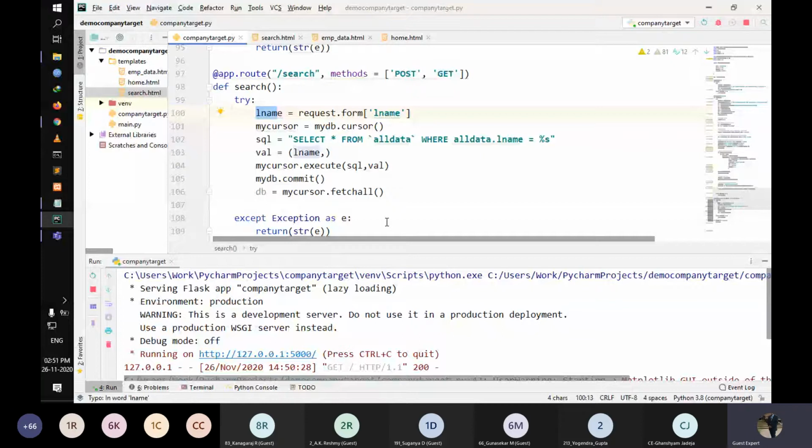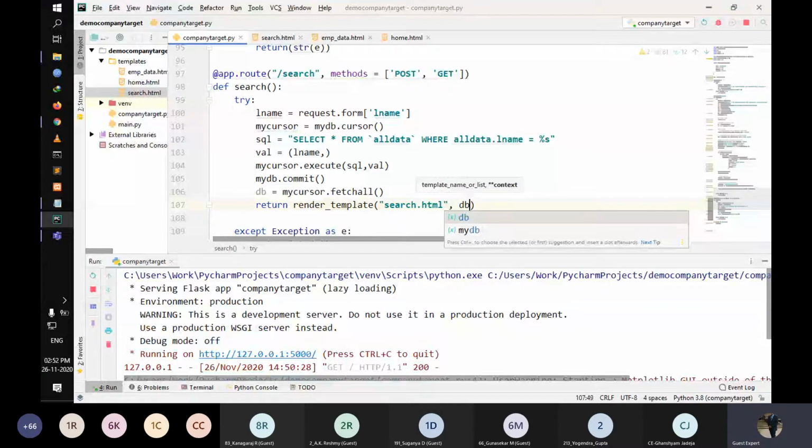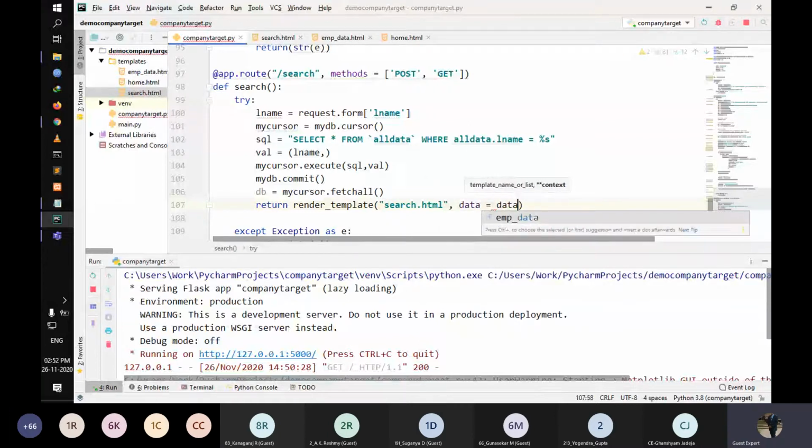So once we do this, let's return the value, return render template, the search element, and we'll use db, or we can use the data is equal to data.